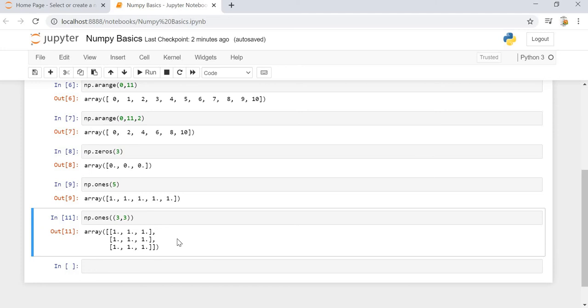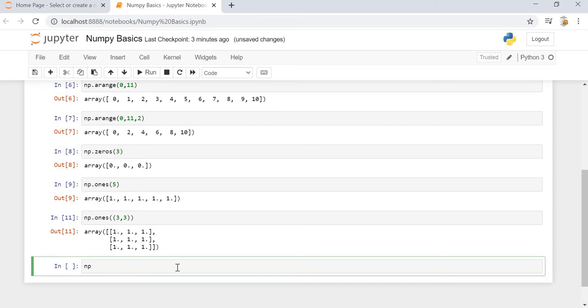Alright, so we can use linspace for evenly spaced numbers between a certain range. So if we want to create, like, 5 entries between a certain range, we can use linspace for that, and it will create equally spaced numbers between a certain range. How we can create it is np.linspace, and we provide the start and the end and the number of entries we want.